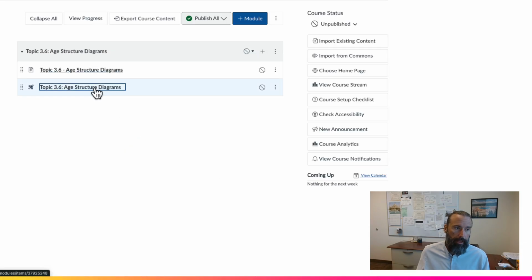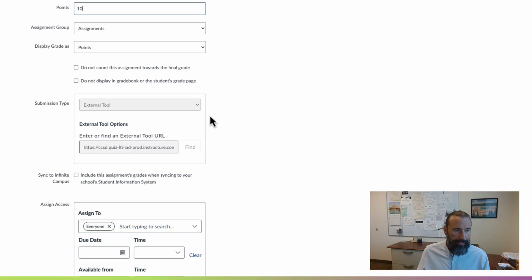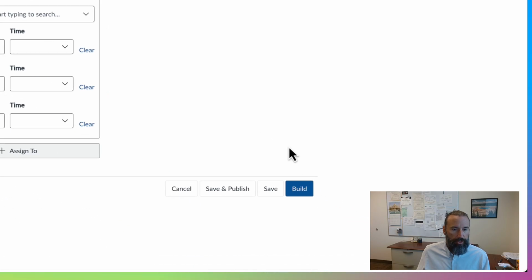Let's go ahead and open up that page. Whatever your point system is within your class, go ahead and change those points. You might need to set a due date, but in the bottom right, we'll click on Build,